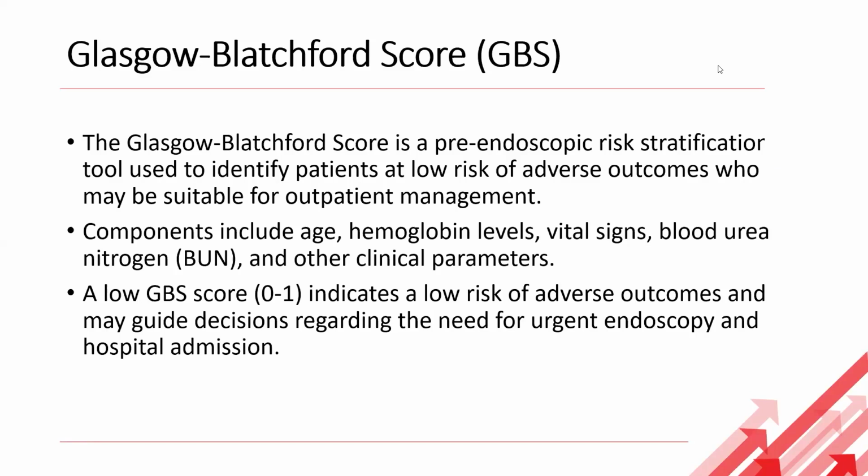Now, a low GBS score of 0 to 1 indicates low risk of adverse outcomes and may guide decisions regarding the need for urgent endoscopy and hospital admission. So if your patient has a low score of 0 to 1, these are patients we are saying you may be able to treat as outpatient. You can give them some medication, send them home, have them book a gastro clinic, and give them a talk on what the danger signs are that they need to look out for, so that in case they start having another rebleed or it becomes severe, they need to come back to the facility as quickly as